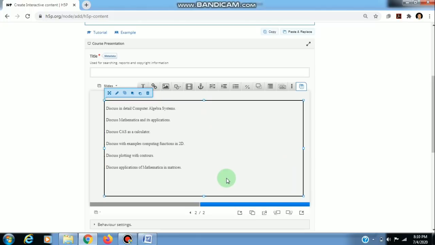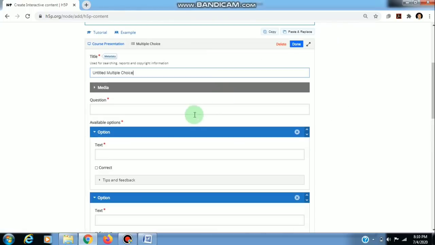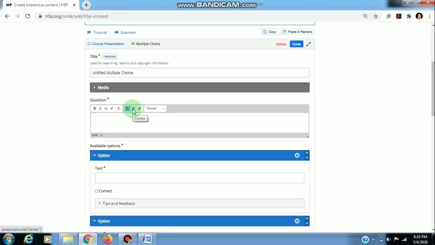We can see if we add some questions. Suppose I want to add here a multiple choice question, then we can add it similarly as we add in interactive videos. Suppose I add "Who is the PM of India?"